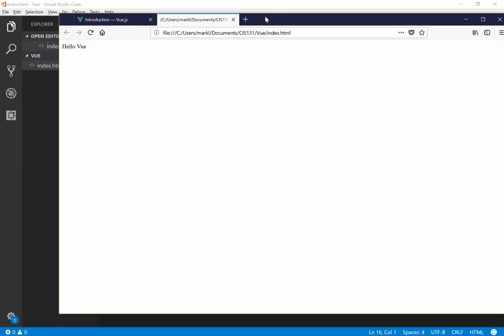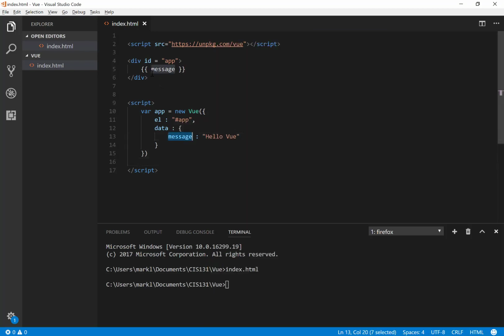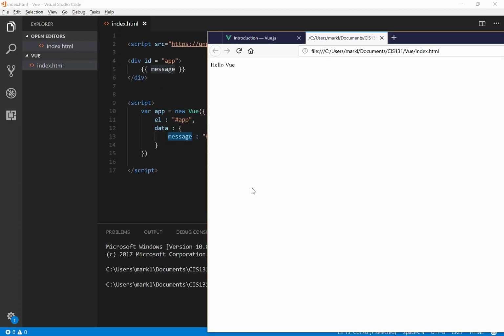Okay, so you can see that the data was read. Vue read the data from this variable, that key value pair that I gave it, and it printed it into message. Ooh, okay, well, not so impressive so far, but let's just keep rolling with the examples and see if I can impress you even further. All right, so the next thing I'm going to do is